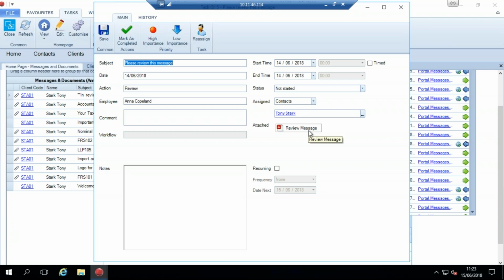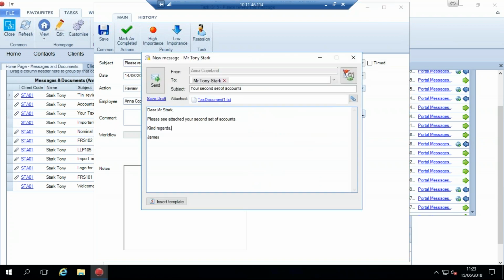a review message earlier from James, and I can see that sitting in my task list under here, and I can go ahead and open it up, and open up that message there. I can see the message that my colleague James Johnson has created and has asked me to review, and I'm reviewing it now. What I can choose to do is I've got two options at this point